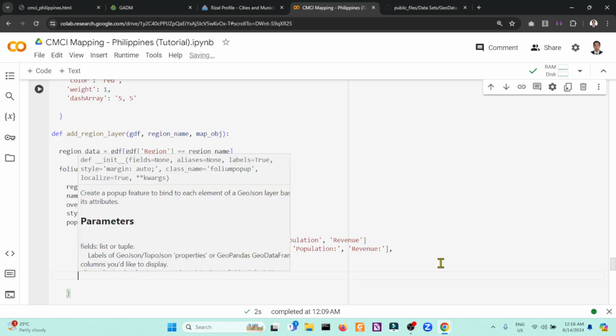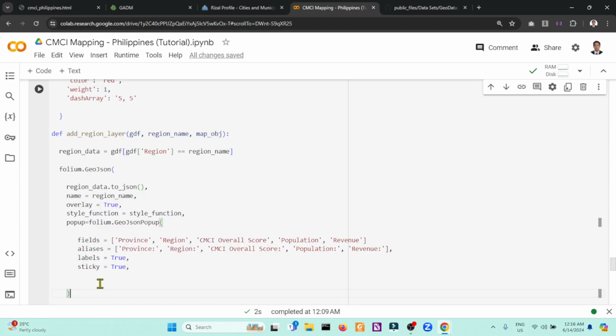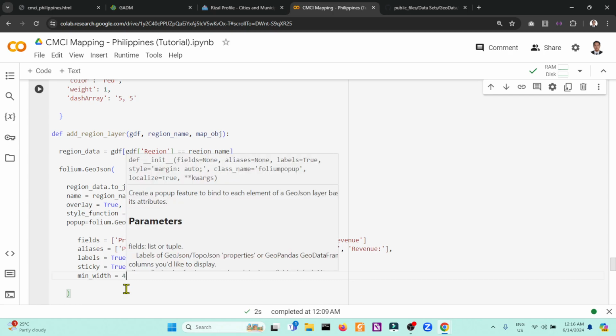It means that if we point to specific regions, specific coordinate, that will be the place where the pop-up will show or the pop-up will be visible. So this one, sticky equals true. Then we will define a minimum width. Let's say the minimum width for the pop-up will be around 400.